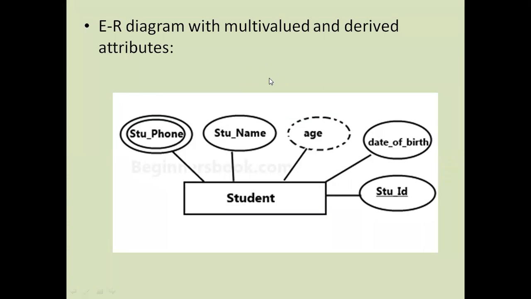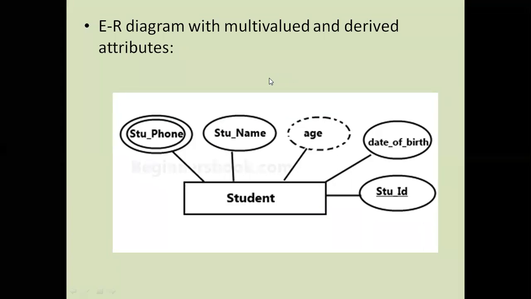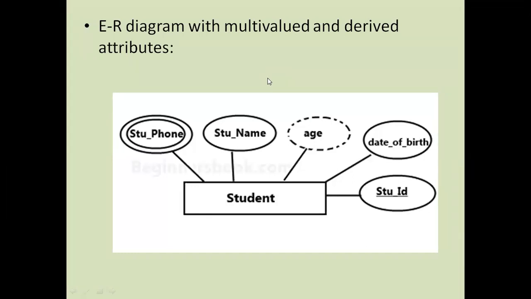So please remember these types of attributes. From the exam point of view, they may ask a question. First of all, one question is asking for an ER diagram. Some data is given. For example, some students are enrolled into a particular course, and this course is conducted by some instructor. According to that given data, we try to draw one ER diagram. That may be the first part, the ER data model.